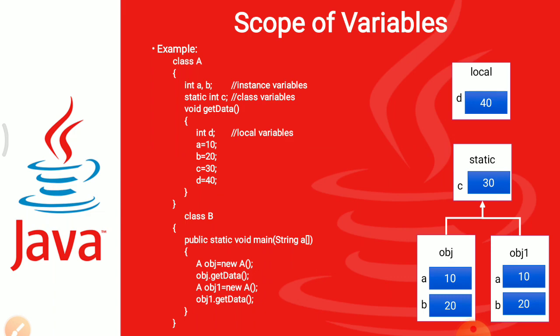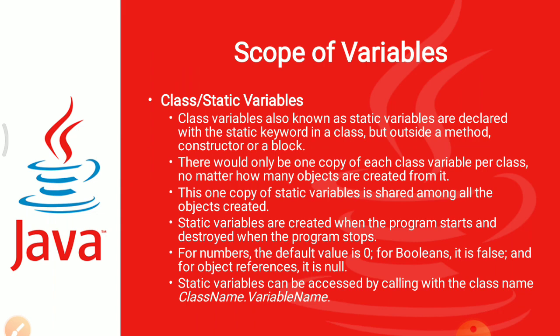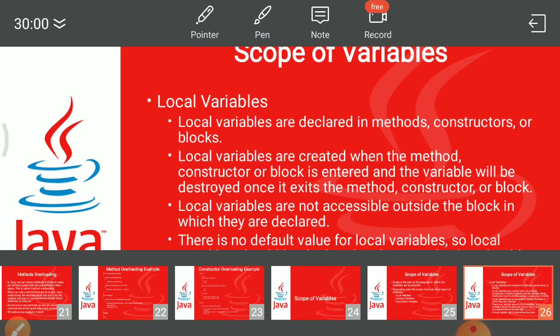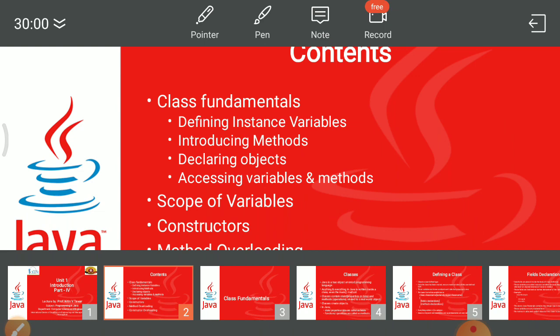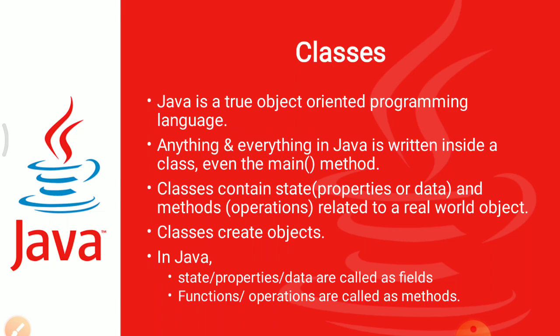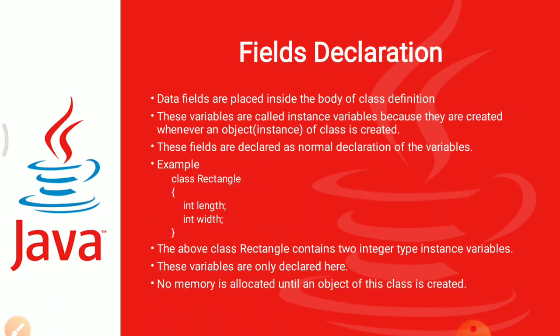So in this video, or in this topic of lectures, I just go through the content of what we have discussed yet. These are the contents that we have seen. Class fundamentals, how class and variables are declared, after that scope of variables, which I have explained very clearly. After that, constructors: default constructor, parameterized constructor. After that, method overloading and constructor overloading. This part we have completed with unit 1.